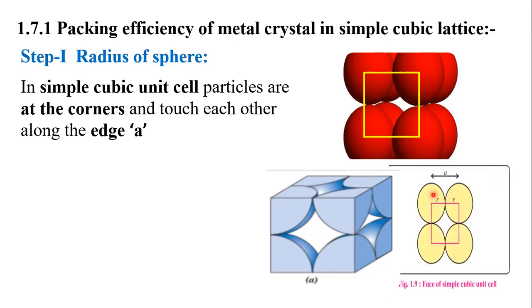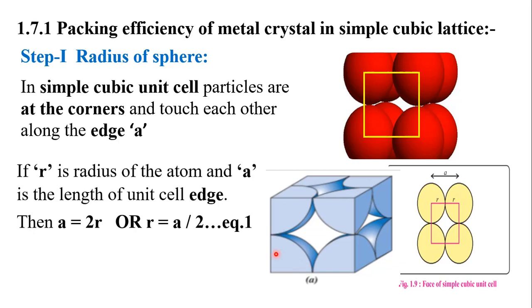See here, this is the edge length, and the distance from the center of this particle, this distance, is the radius of the sphere. So if this radius is denoted by r, then r is the radius of this particular sphere. Like that, r is the radius of this particular sphere. And r plus r, that is the radius of this sphere and the radius of this sphere.